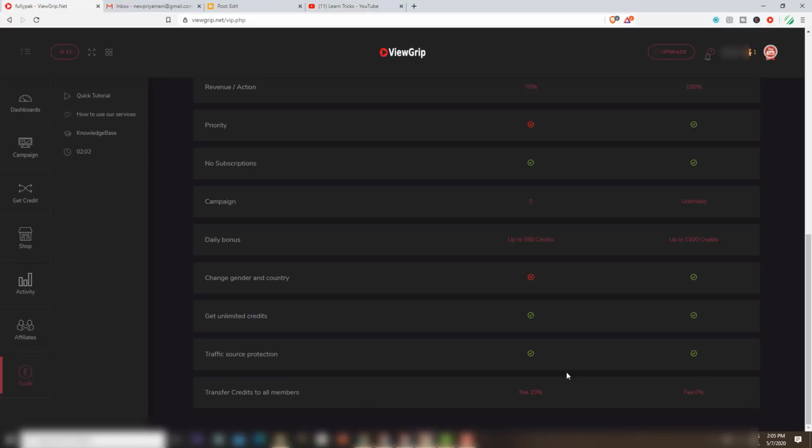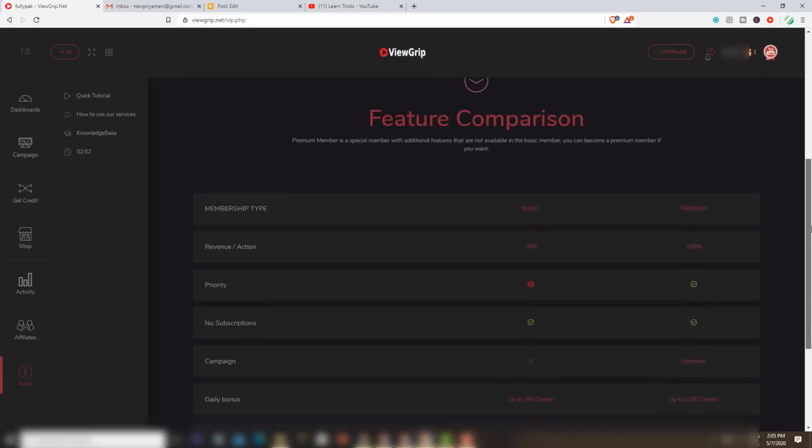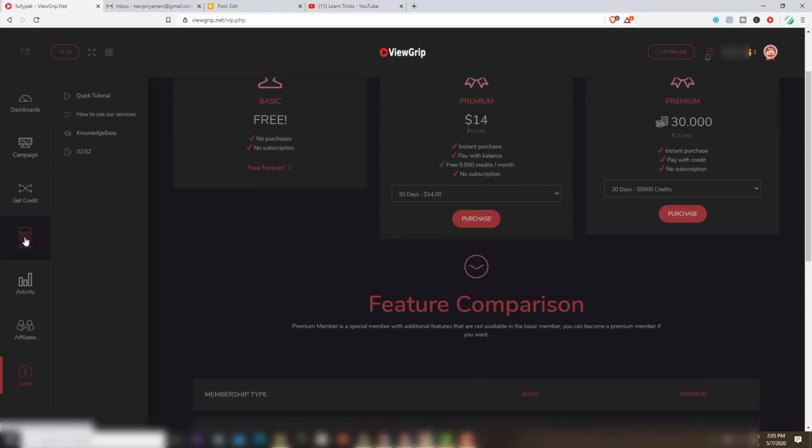With a free account you need to pay a 10% fee for transferring to other people. But if you have a premium membership, the transfer fee is 0%. That means you can freely transfer to any other members on this site.